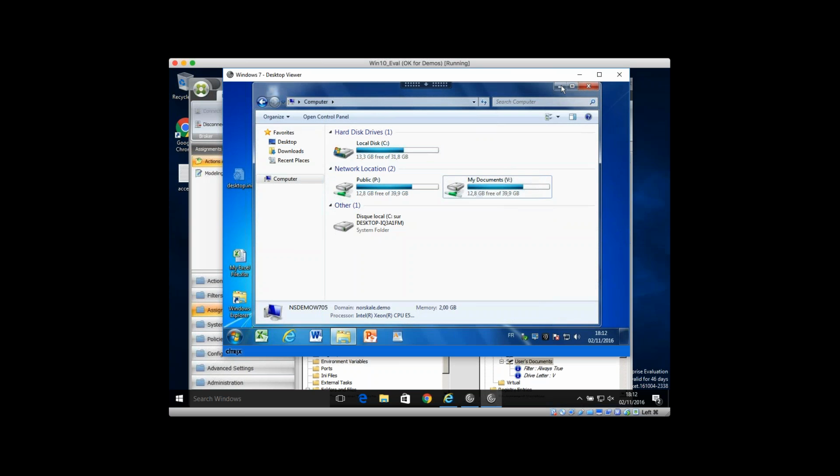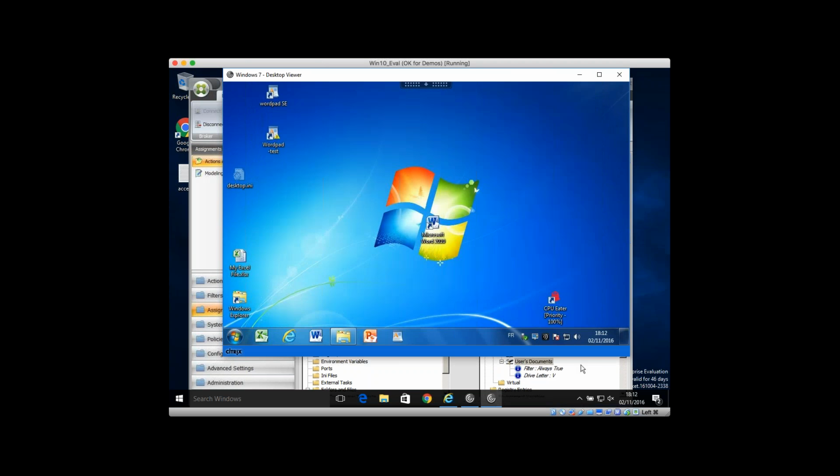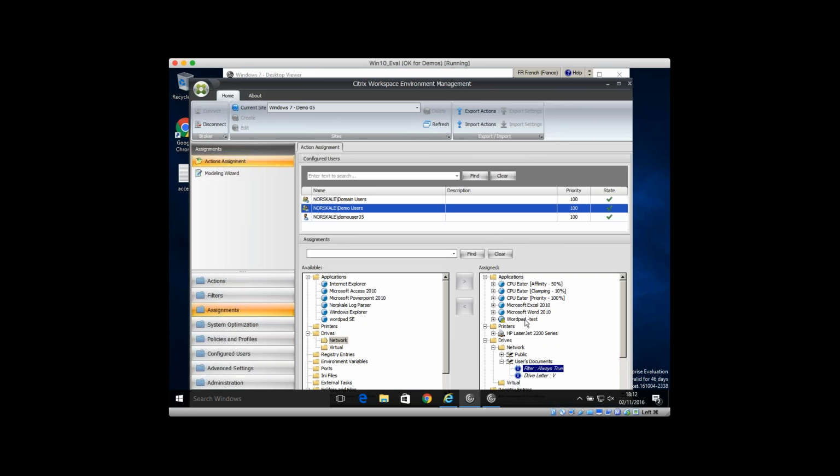And I get my V drive again. So it's really simple. Regarding applications, for example, this one, you have many options. You just right-click here to pin, for example, the application to the taskbar, etc. So the